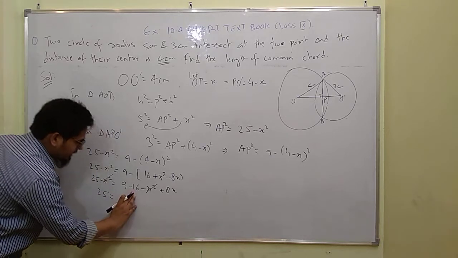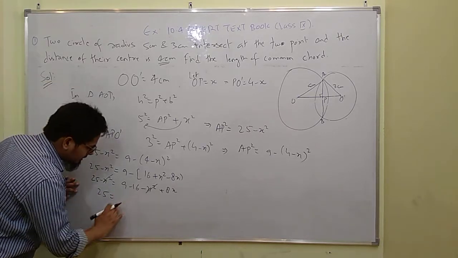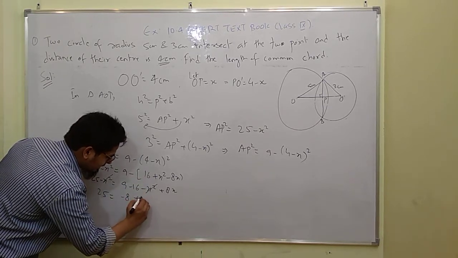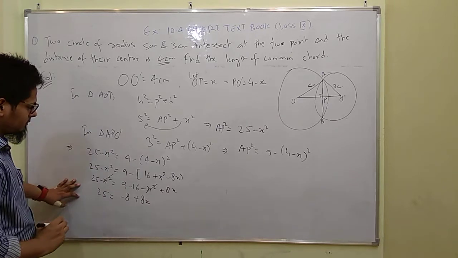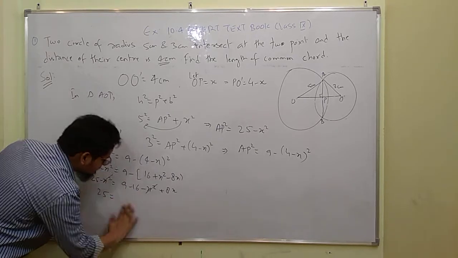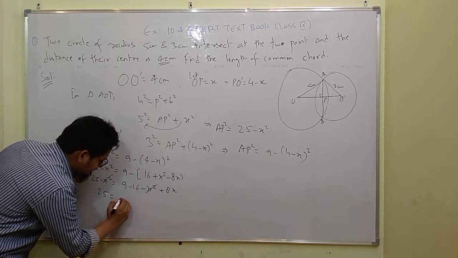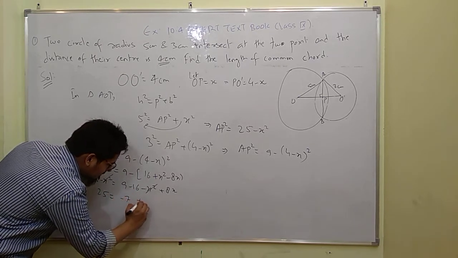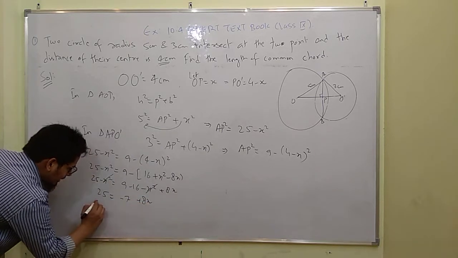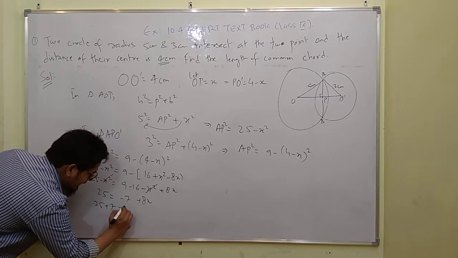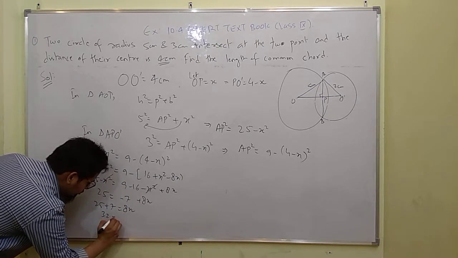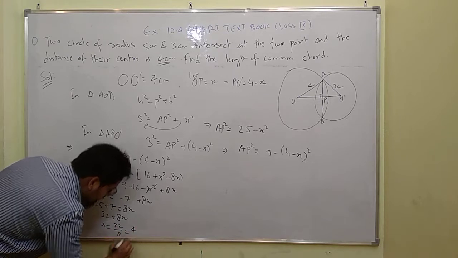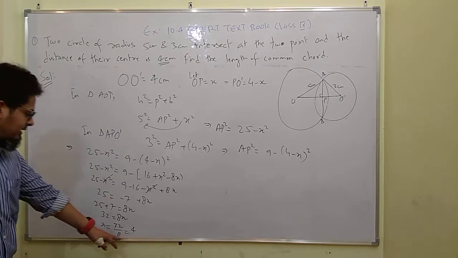25, it is on subtraction. This is 4 and 4 is 8, minus 8 plus 8x. Sorry, it is minus 7. 6 and 1 is 7, plus 8x. 25 plus 7 equals 8x. It is 32 equals 8x. x will be 32 upon 8. It is 4, right? The value of x is what is coming? The value of x came to be 4.